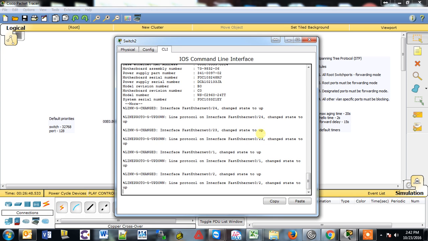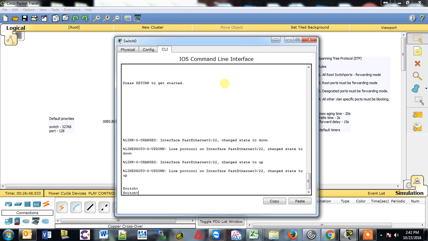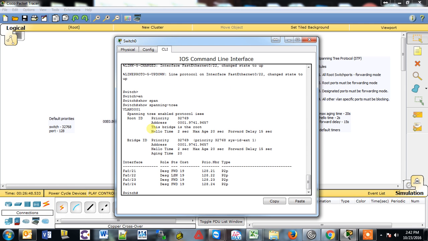So let's get into some commands, I guess. So for example, if we go here and we do a show spanning tree, you'll see that this bridge is the root. Again, it has the lowest MAC address, right? And you see your hello timer, your max age, and your forward delays listed over here. And you can see your priority. It's in 68, 69, I guess. Pretty close. And your system ID extension is 1, because we're all